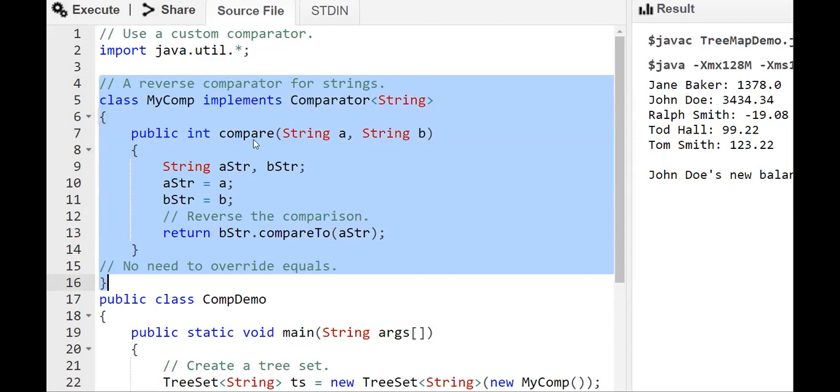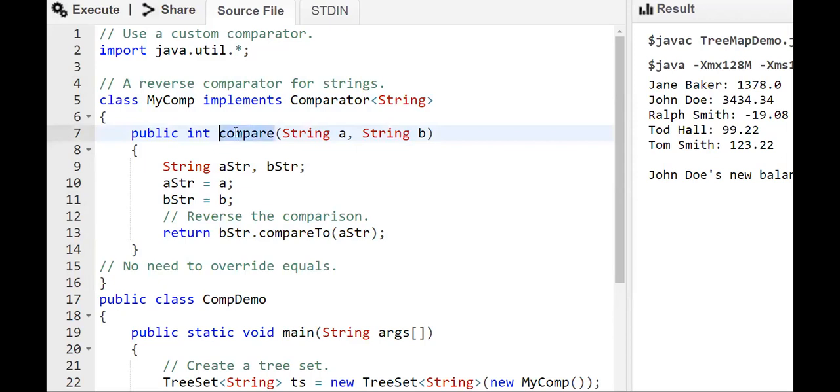Then inside this class, we should have a method that is compare, and the return type should be integer. It should take two strings. Depending on the data type we have specified here, the same data type should be specified with a name of our own. So two strings are there. Then we can reverse the comparison.